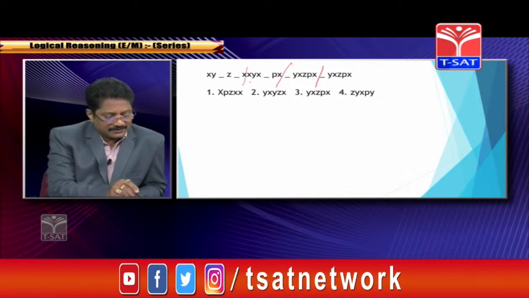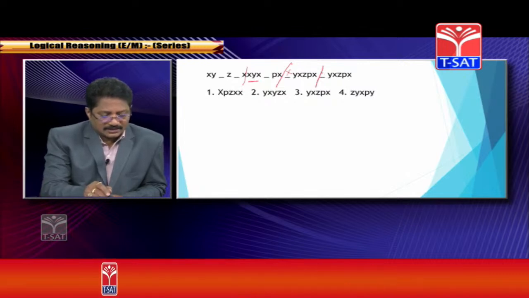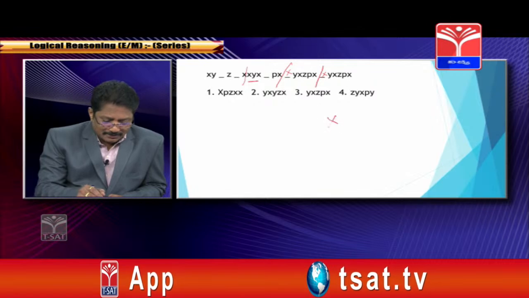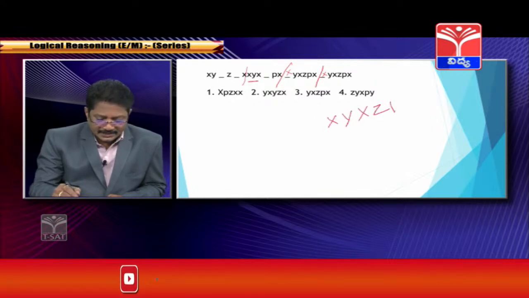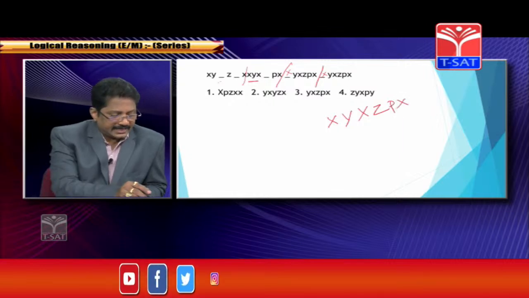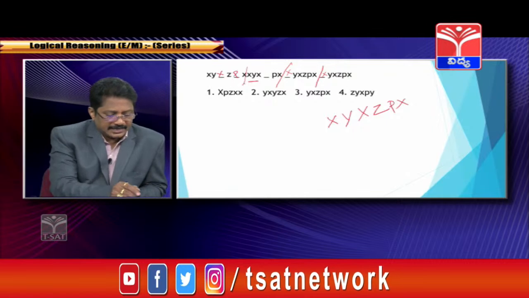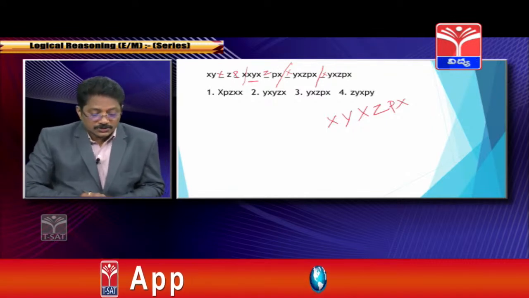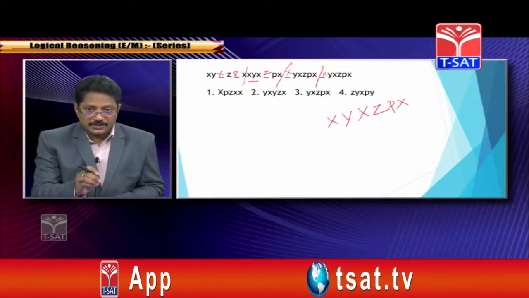X, Y, X. So here you will have X, Y, X. So it's very clear. The term will be X, Y, X, Z, P, X. Correct? Okay. So first you have to identify whether you are going to divide all these 24 letters into